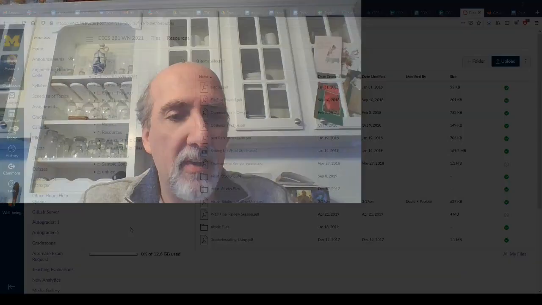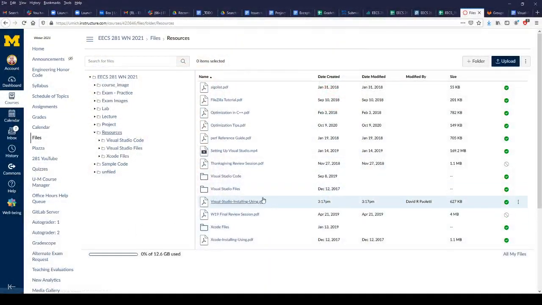Hello everyone. We're going to be talking about installing and using Visual Studio here, and even if you've used it previously in EECS 280, there are going to be some things that we do in 281 with Visual Studio that you're not used to doing. Now we're going to look over at Canvas,